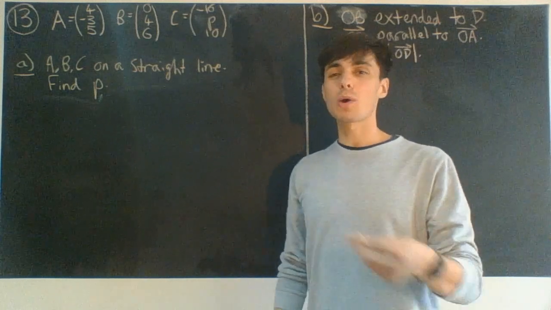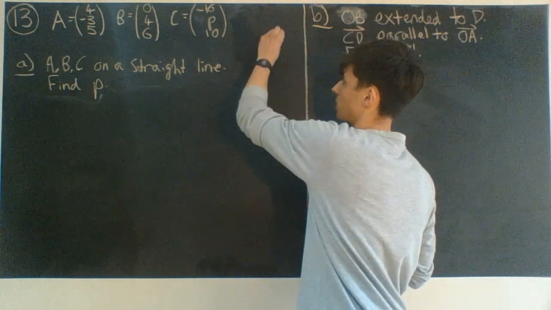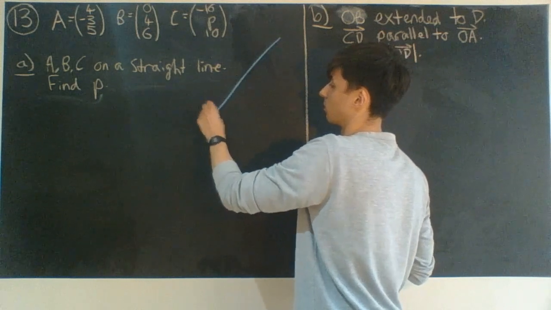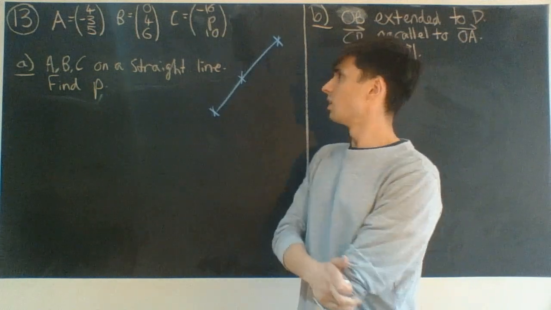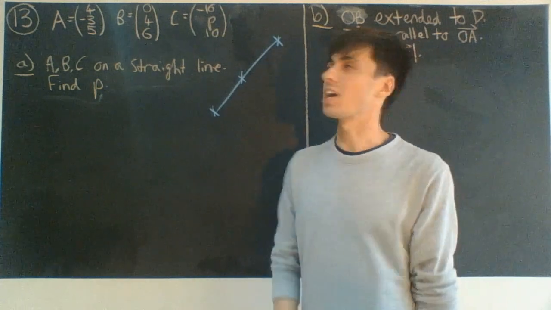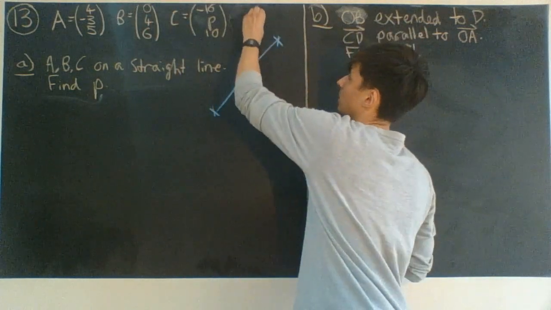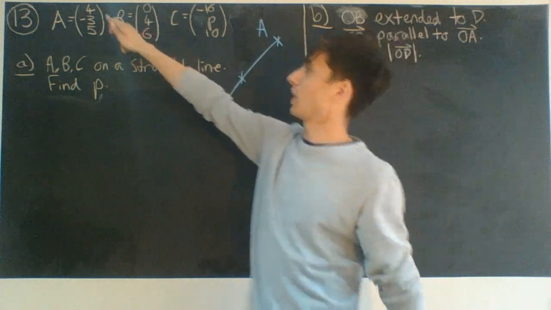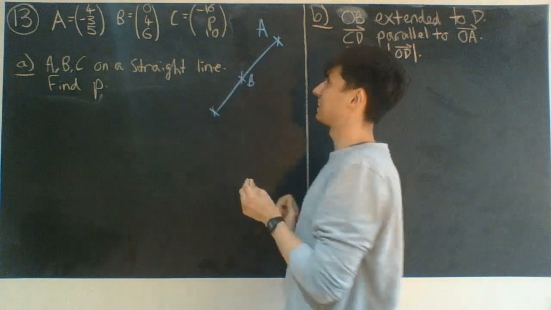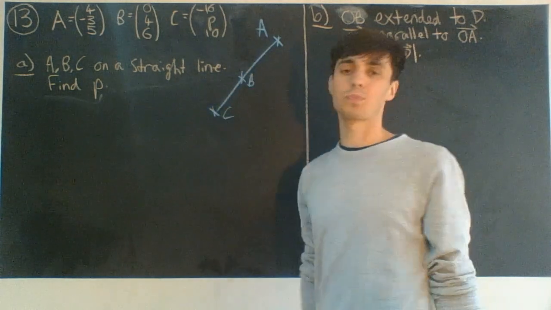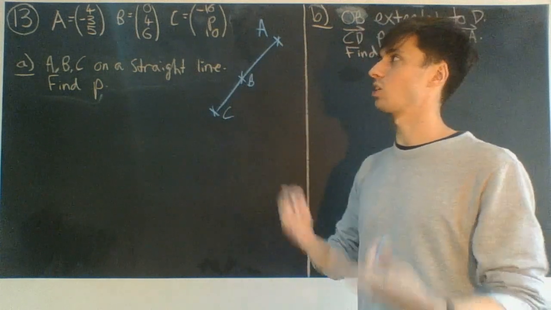Well, first of all, let's draw a picture to see if we can understand what's going on a bit better. So if we draw a picture over here, we've got 3 points that lie together on a straight line. And we don't really know where they are, but if we look at their x coordinates, we can have a rough guess, just to represent our problem. A has got an x coordinate of 4, B has got an x coordinate of 0, and C has got an x coordinate of -16. So just to represent it in space for us, we could say A, B, and C look something like this